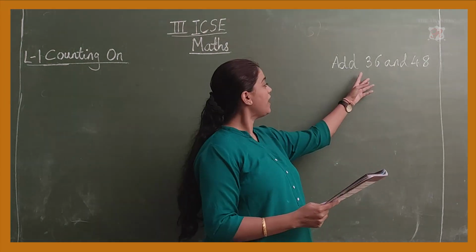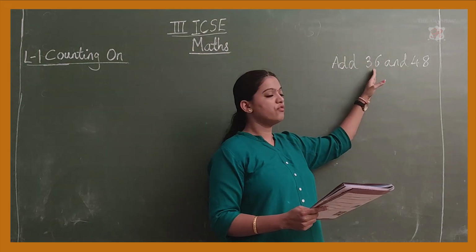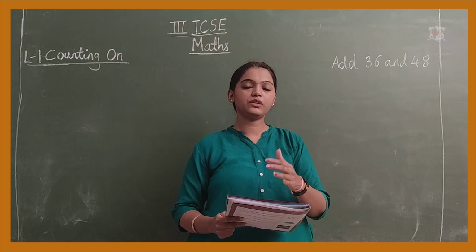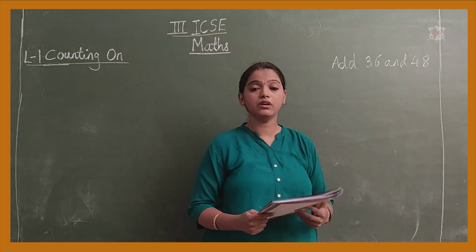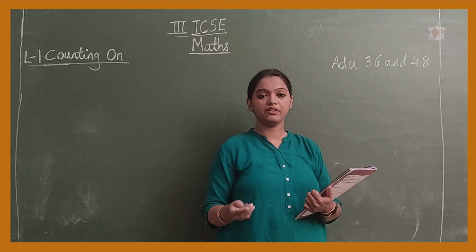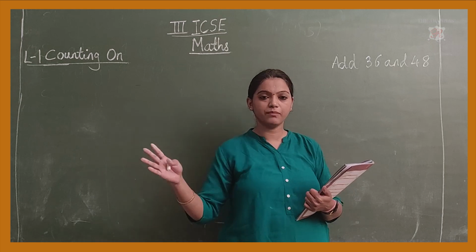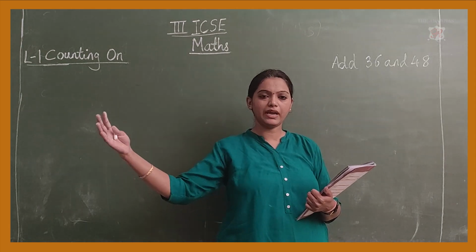You have to split either of your given numbers, that is your first number or your second number, in such a way that you bring it to the nearest landmark number. Now what is a landmark number? Landmark numbers are numbers starting from 10, 20, 30, 40. That is your tens numbers. It starts from 10 to 20, 30, 40 and goes on.